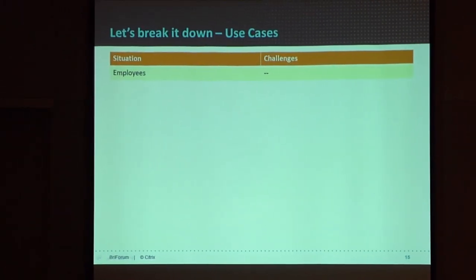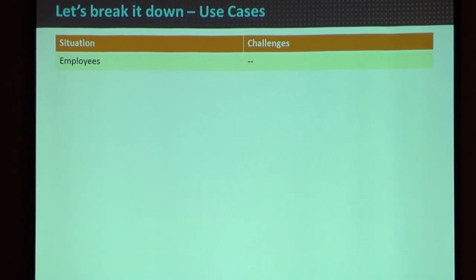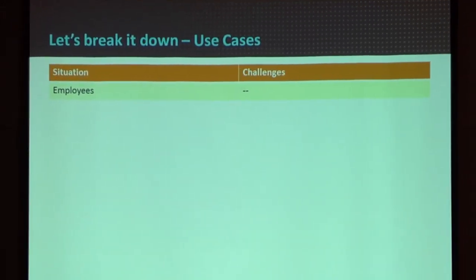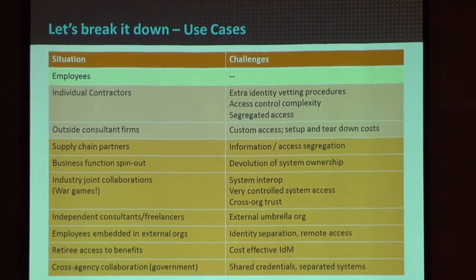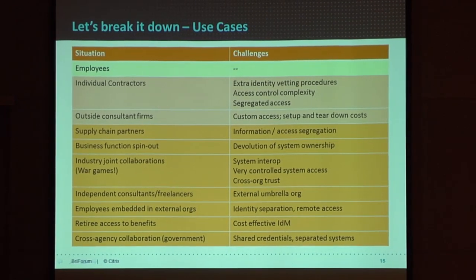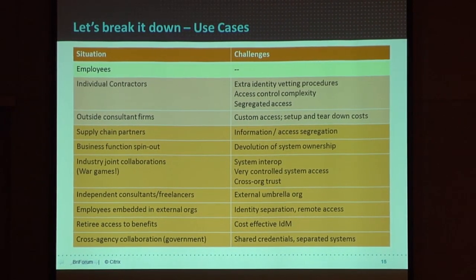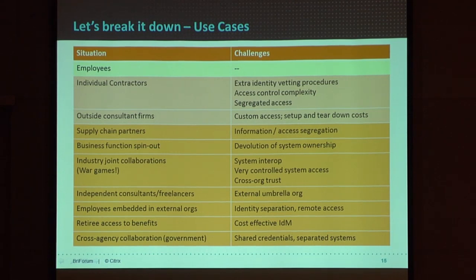And then for use cases, it's not necessarily true, but let's suppose that dealing with employees is the straightforward use case that's not really problematic. But then, after 5 minutes, I came up with a long list, and I'm sure there's dozens more that could go on this list of other use cases, any one of which can be one of those troublesome use cases I talked about. You've got, say, supply chains. You've got external people. You need to give them access to some of your systems. You don't want to have to create accounts for them and deal with all the headache and the cost of them telling the list of users and you agreeing the passwords and you paying if they have to reset them and so on and so forth.